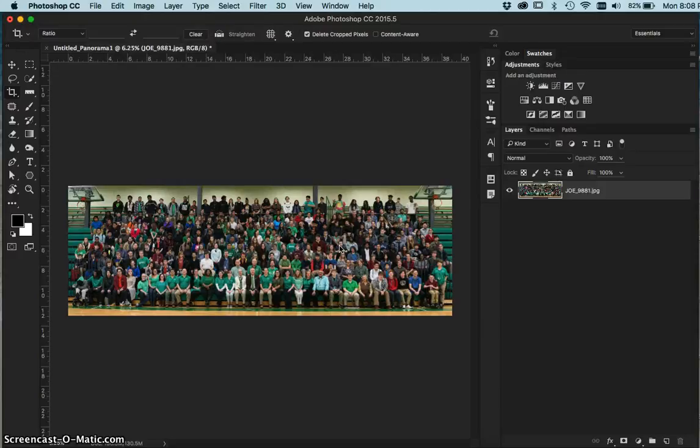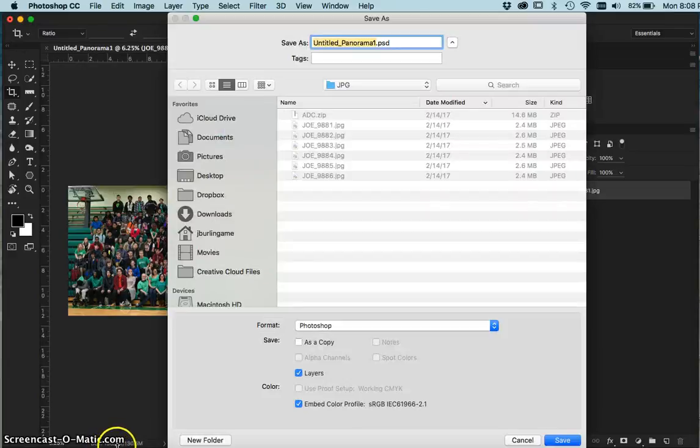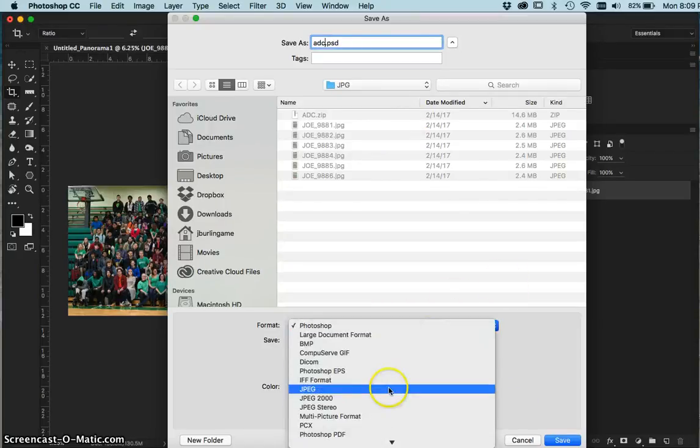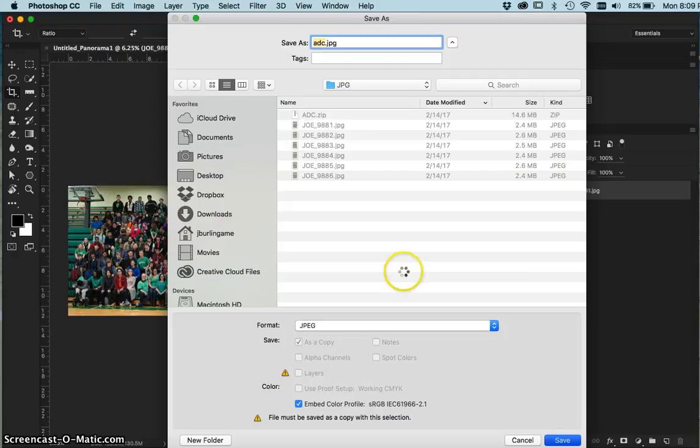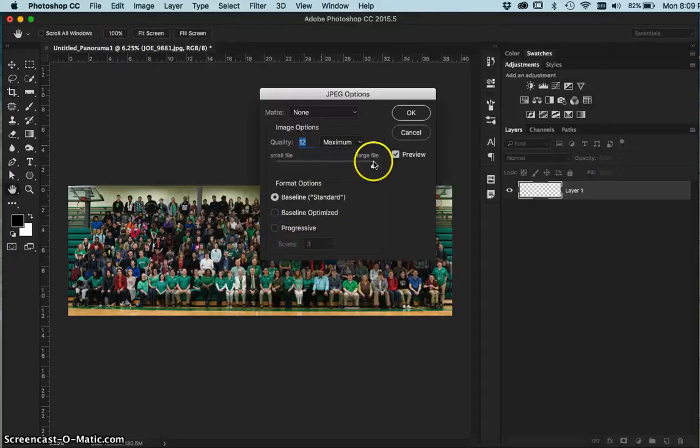And the only reason why I want you to do that is so it's a quicker upload. If you save it at 12 or even 10 or even 8, it's going to be a huge file. Right now this file is 130 megs, 130.5 megs. That's pretty big. Edmodo's max is 50 megs. Now I'm going to name this ADC, and when I click JPEG and click Save, I'm going to get the quality slider. Remember what I said? 5 or lower. Now if I bring this way on down to say 3,